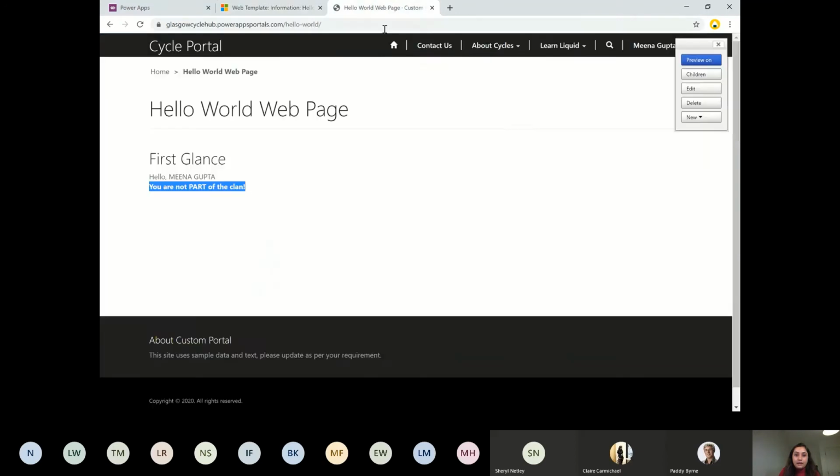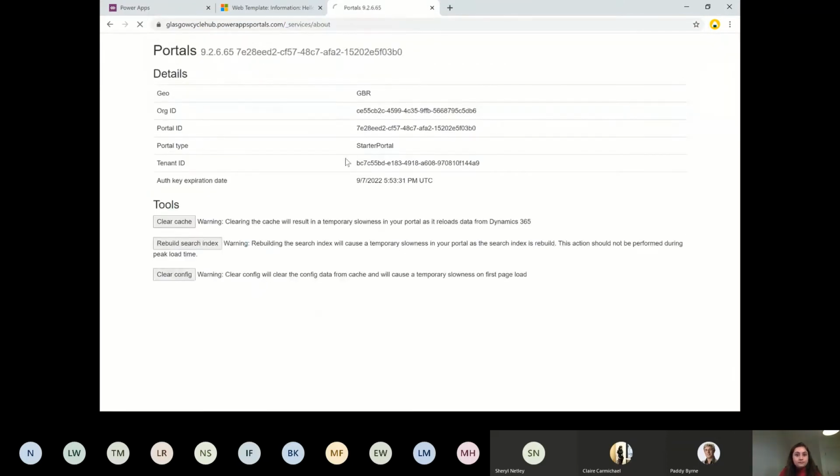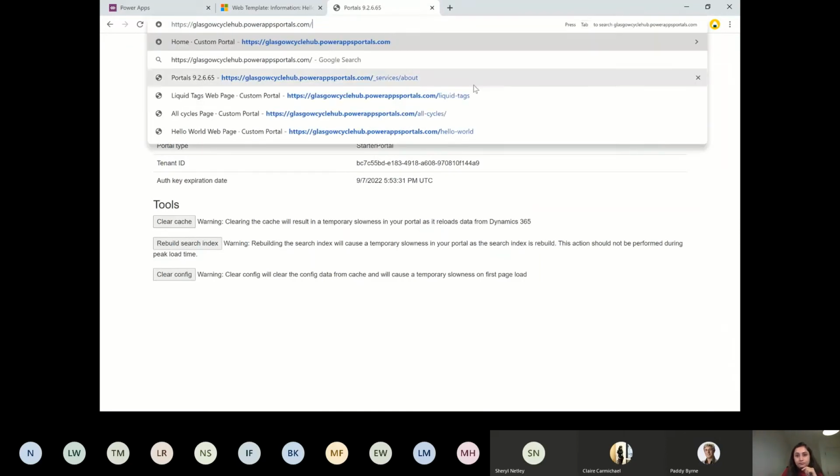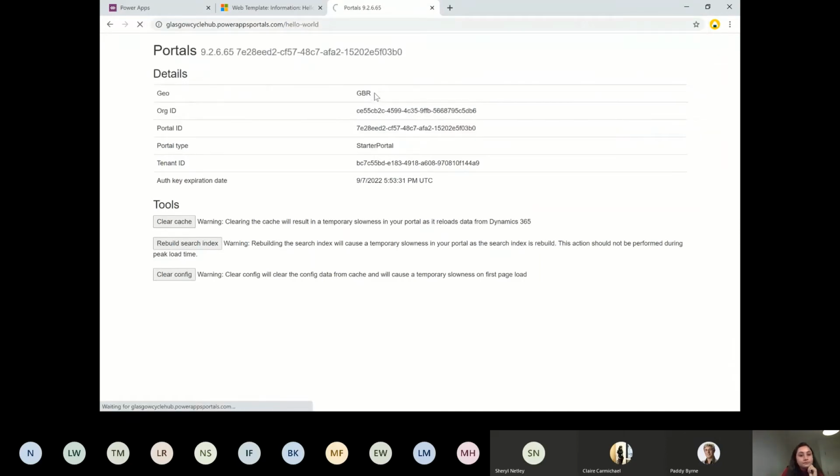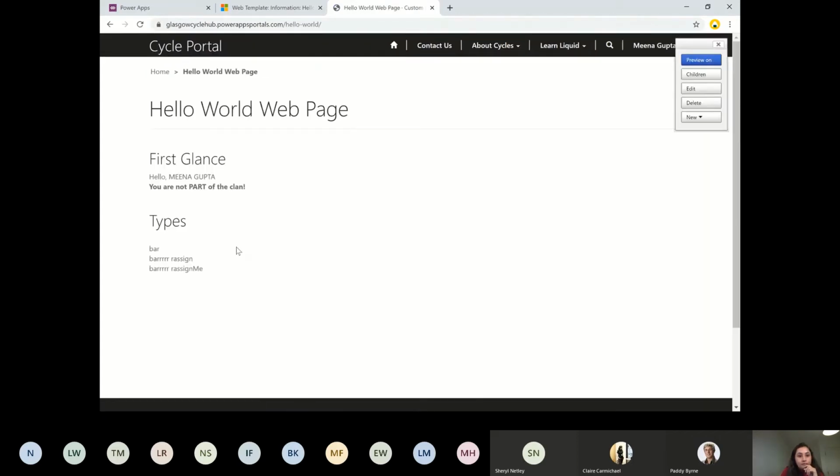So I'm just going to save it. I have uncommented these lines, and let's see what change comes now. Yep, so it's just about types, as we have seen. Assign: initially we assigned a variable called foo as bar, and then we updated the value, and then again the same value but we appended me, and that's how it's displaying here.